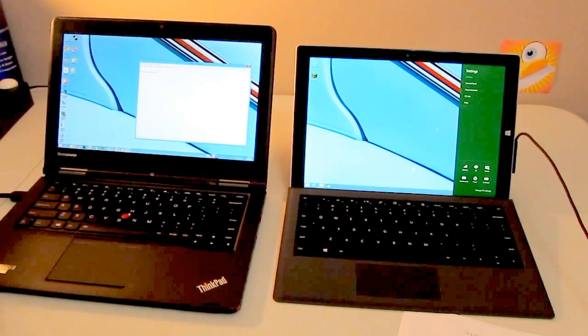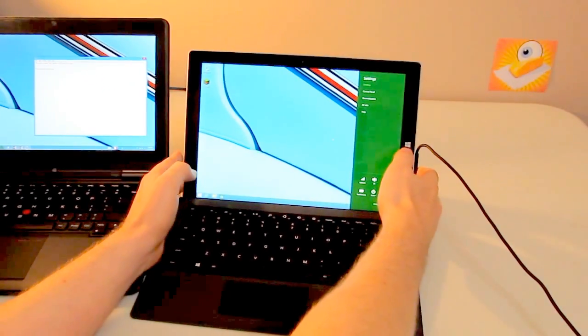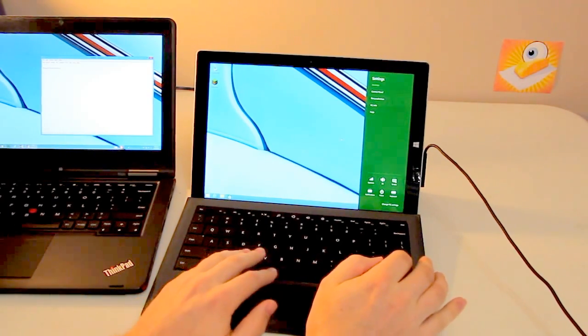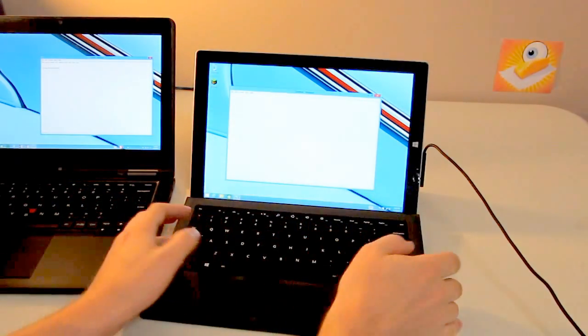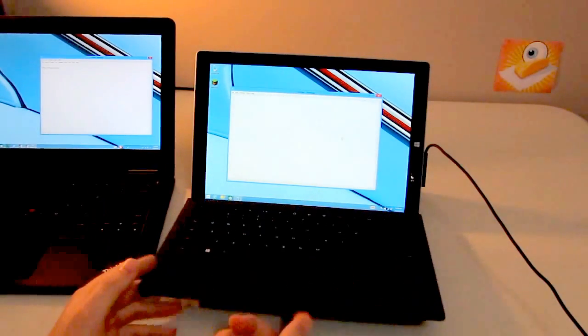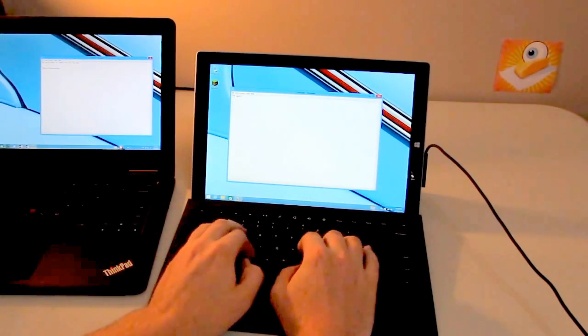Now with the Surface Pro 3, the keyboard is a little bit flimsy, especially comparatively. But then again, it's only half-inch thick, or not even half-inch. I don't know what I was saying. Probably a fourth of an inch. I don't know what the true spec on it is, but you're still able to